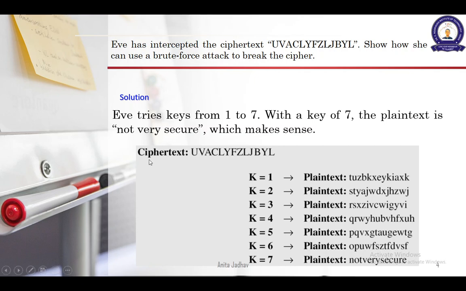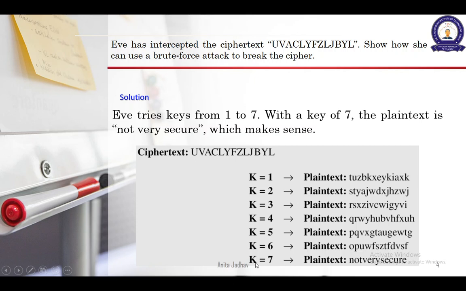So if I want to save my time, I can go one step ahead and write if the key is equal to 2, then what would have happened. So I write U replaced by two letters back, S, T, and so on. If I do 4 letters, I'll come to know that this is not working well. That doesn't mean I will stop there. When you are writing it for an exam, you have to finish for all the letters.